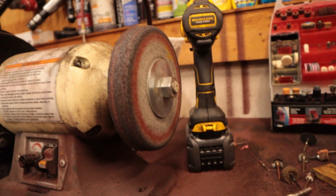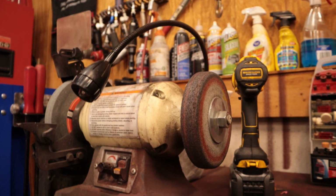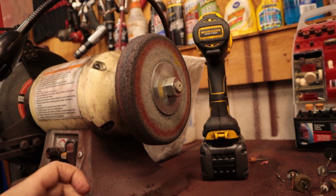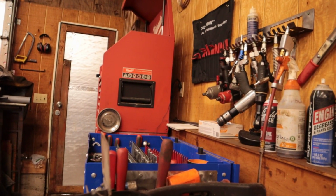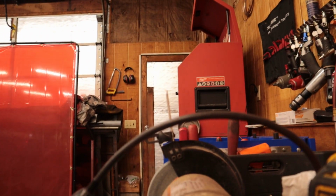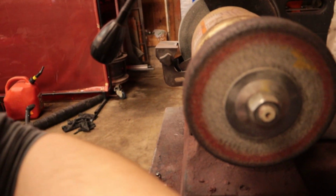Alright, so I figured we'd go over making one of these, or doing the post-processing stuff. Thought you guys might be interested to see what it takes to make a set of titanium tweezers. Or, I mean, they're already made, but...